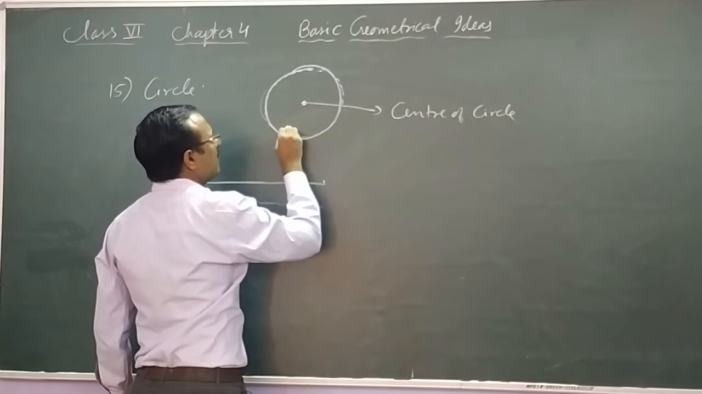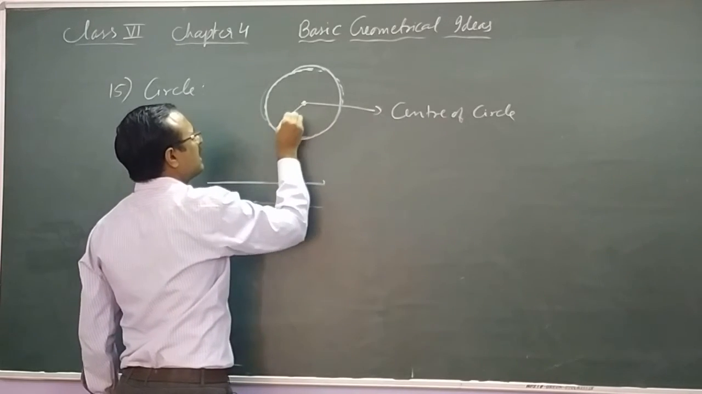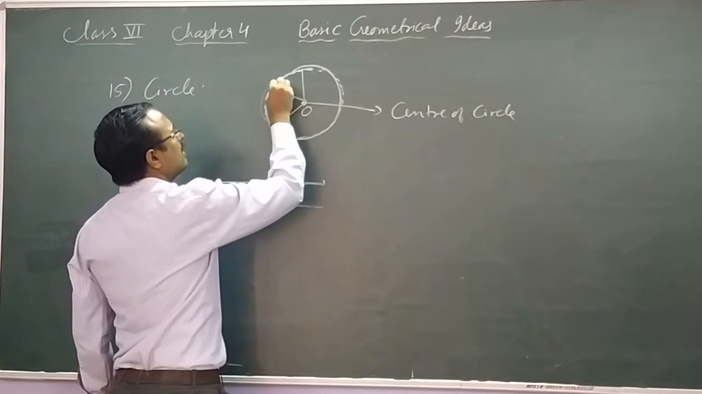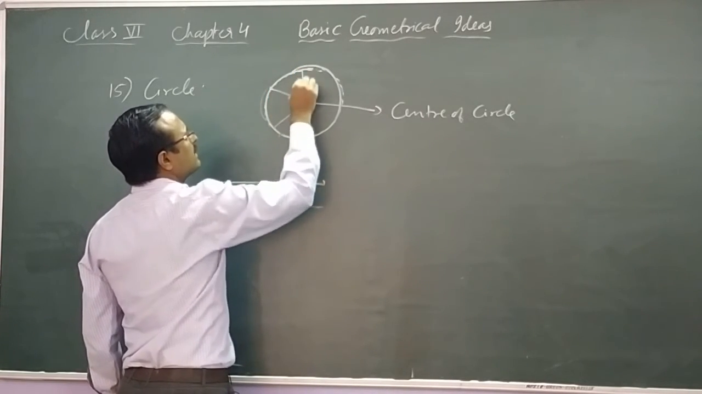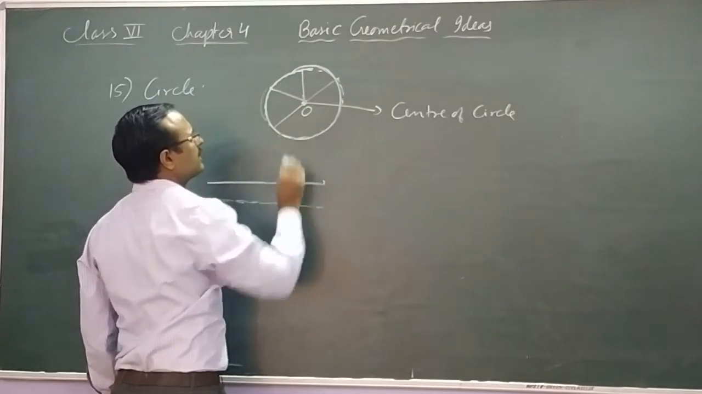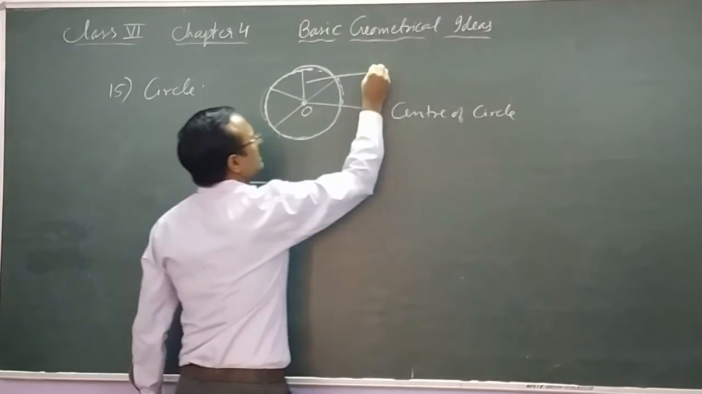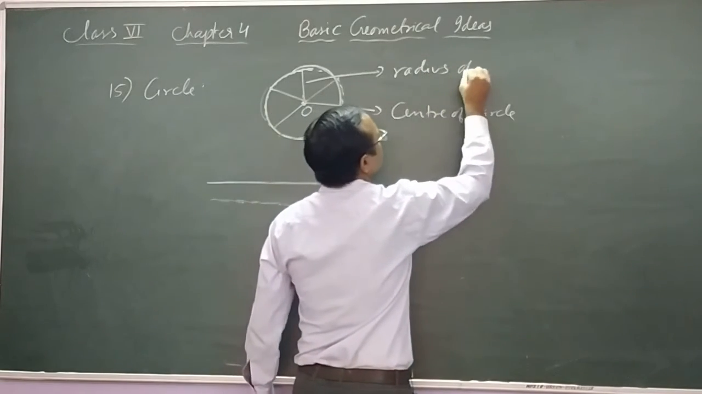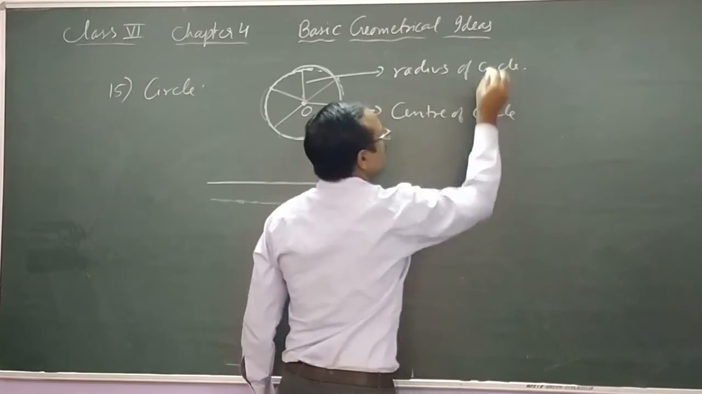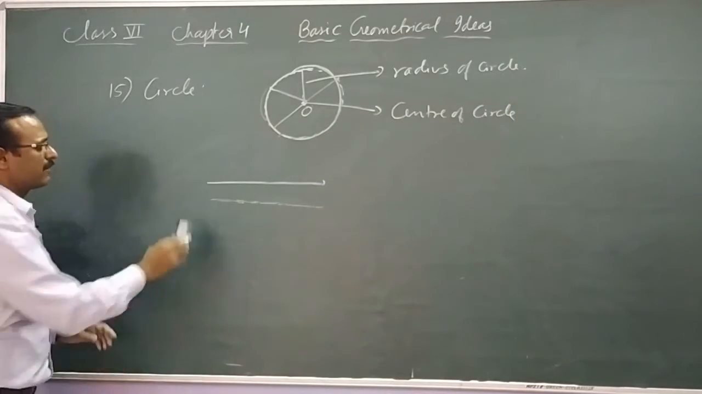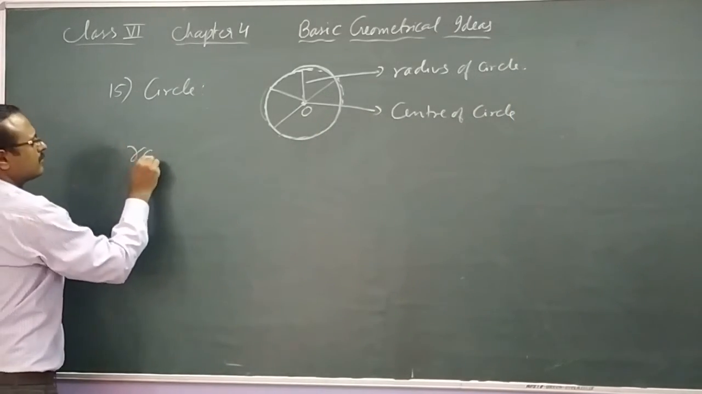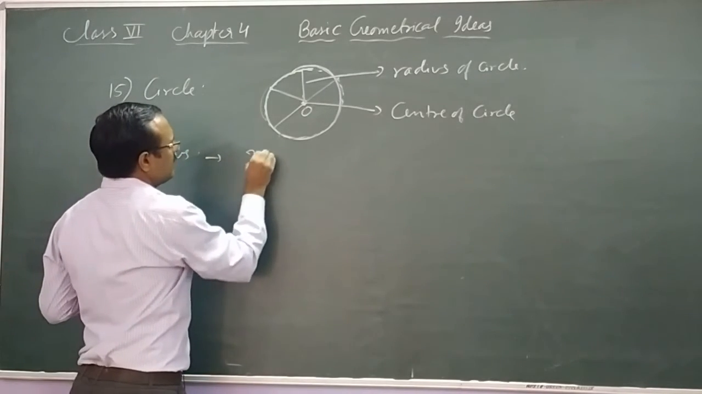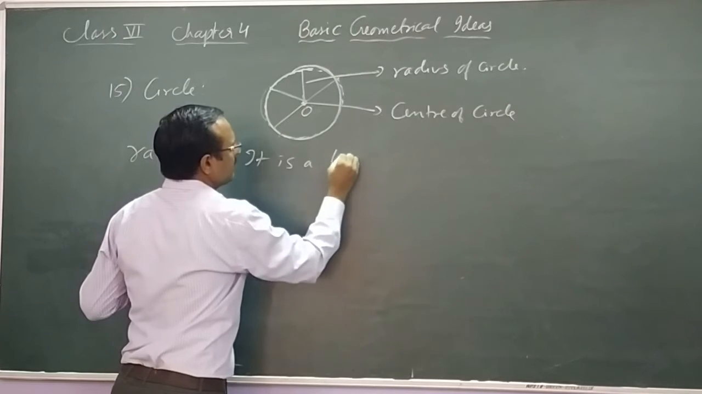You can see that every point on this circle is at equal distance from the center. The distance from this point O to the boundary of the circle is always the same, and this distance is called the radius of the circle. So what is the definition of radius? Radius is a line segment